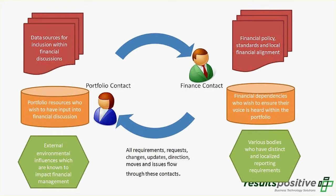So I mentioned briefly that finance plays a big role in this, and if you don't have a financial buddy in your finance department that you can cozy up to, find somebody, or work back with that CFO and make a request to get somebody that is aligned to your portfolio organization. It could be of great benefit. That person can help you and your team define what policies and standards you need